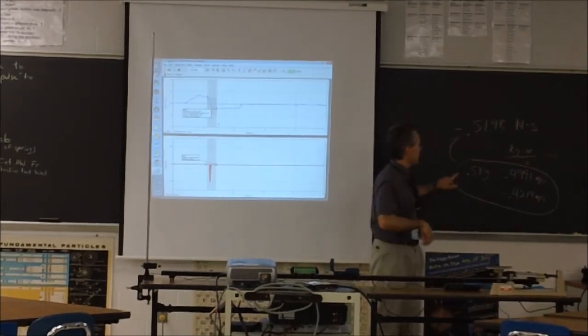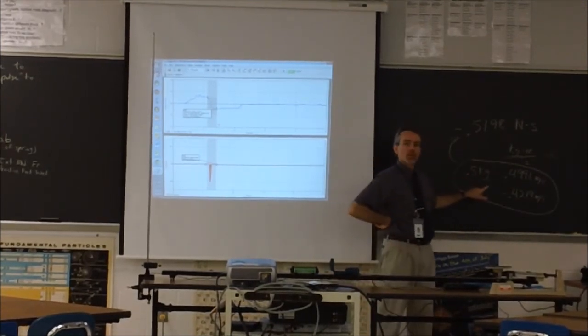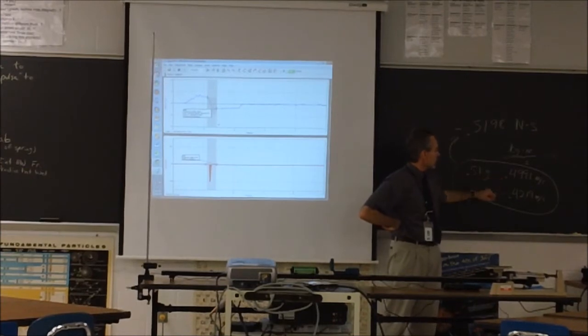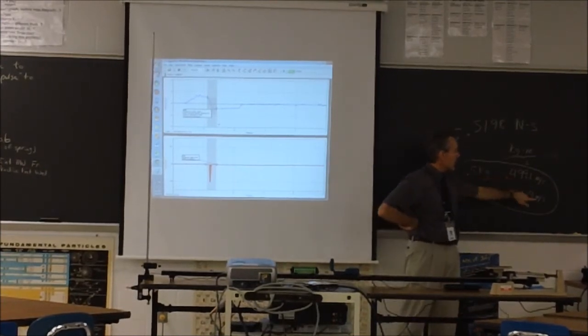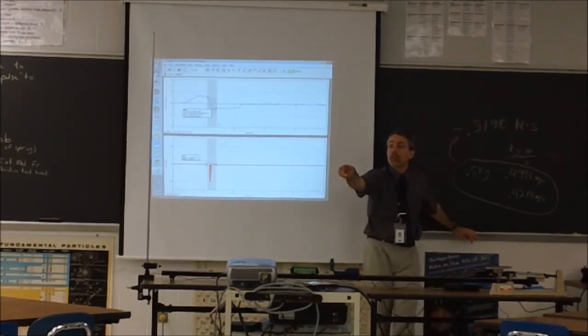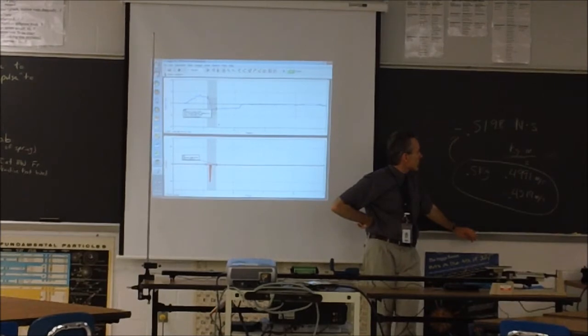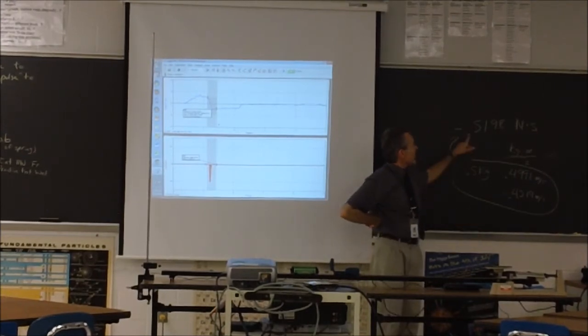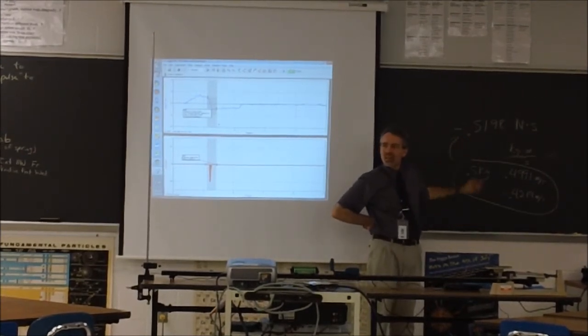You can do 0.5 times the 0.4991 and then divide it by the other ones. No, wait a second. When I do that, it's going to cancel out the units. Darn. Here, add the two velocities, absolute value both of that, and multiply by 0.5, you get 3. But then they give me a positive? Well,